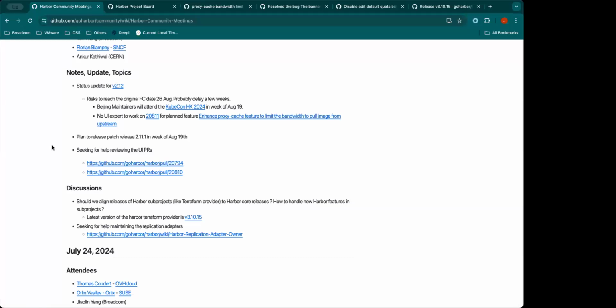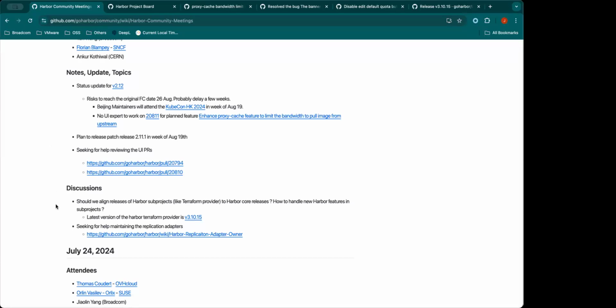Okay, we can try like this. I will try my best to notify you if any new API or new feature is introduced in the new release. We can also discuss this in the community meeting when we talk about the release update, so you get the information as early as you can. Okay, thank you.